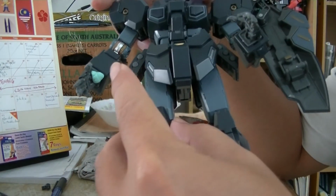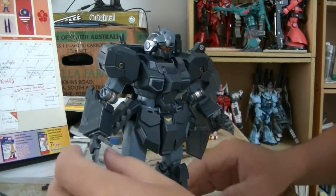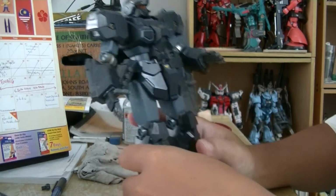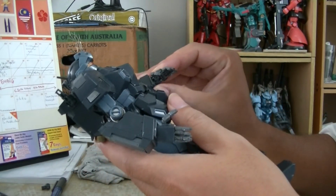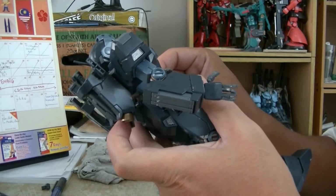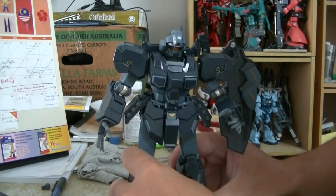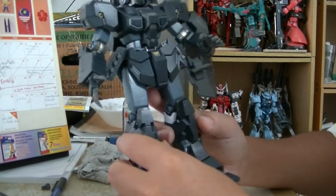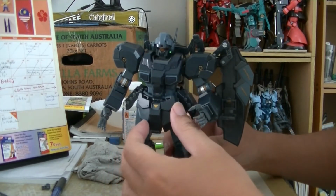You see this little blue tag here, I'm keeping it in place. That's because the hand here, this wrist here, broke. It just broke, so shit. The plastic, of course, is not too good. The quality is not hard enough. It's from China, so we do buy original Bandai products. And if you can find a Chinese or bootleg product here at 1/3 of the original price, you can go and grab it. If it's half,